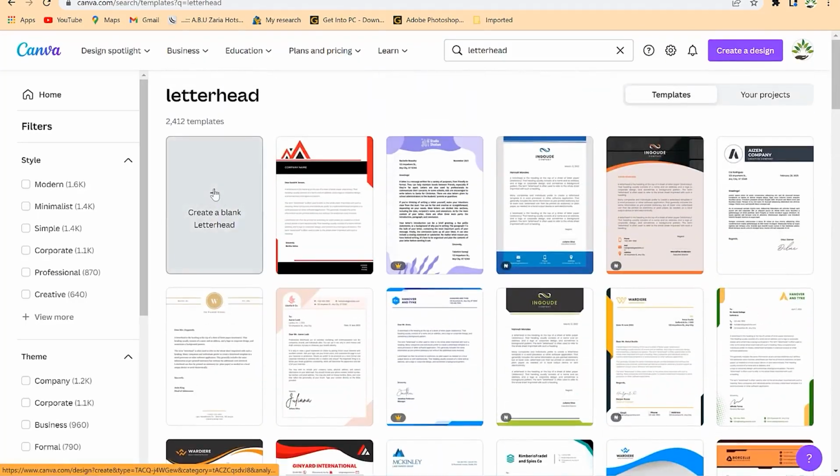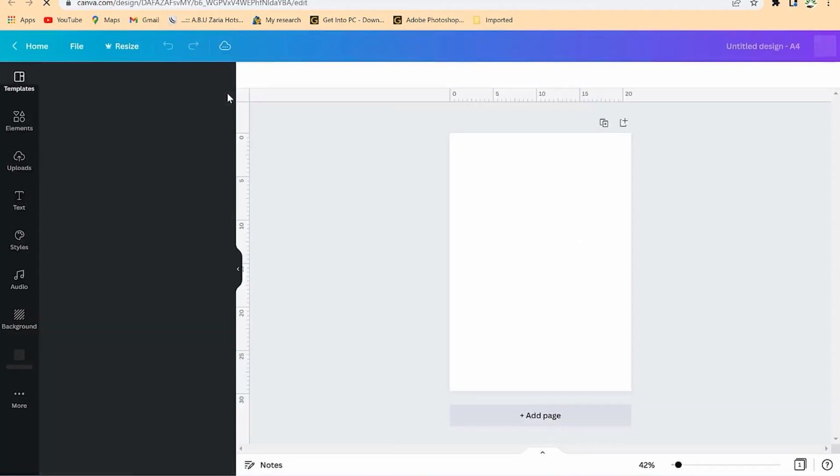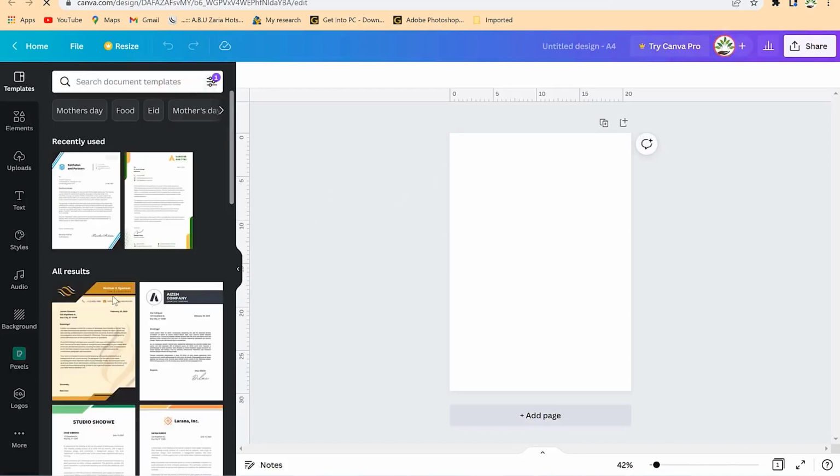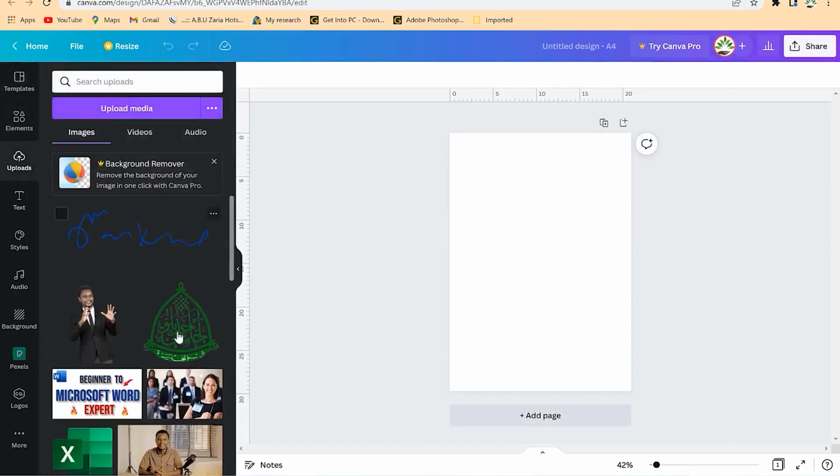If you have the details, you can just come to create a blank letterhead and play around with the elements, maybe import your logo, and then try to design it accordingly. For example, if I want to design my own from maybe my own university, I can just come, maybe use this ABU logo, drag and drop it